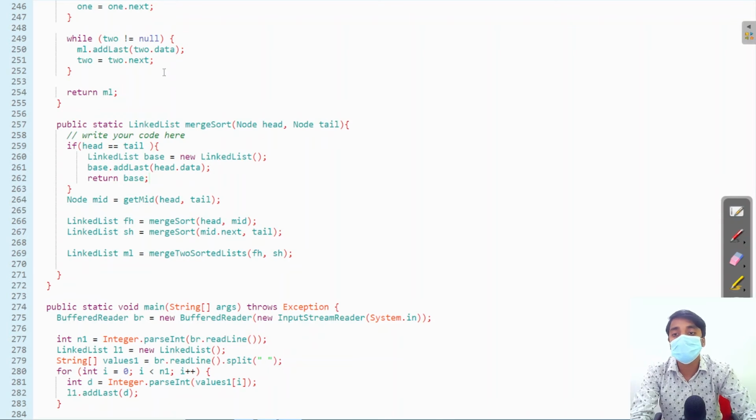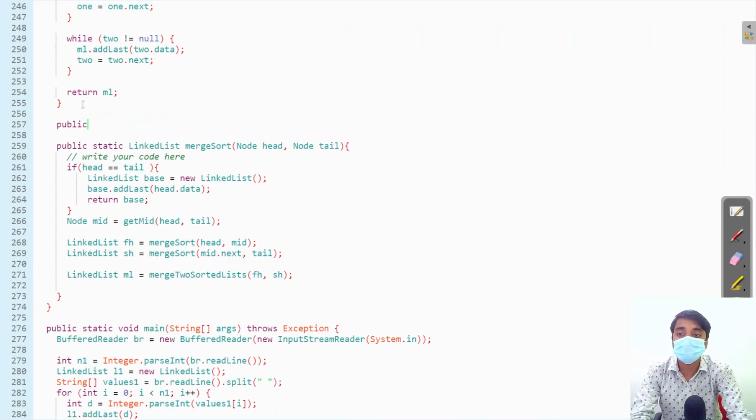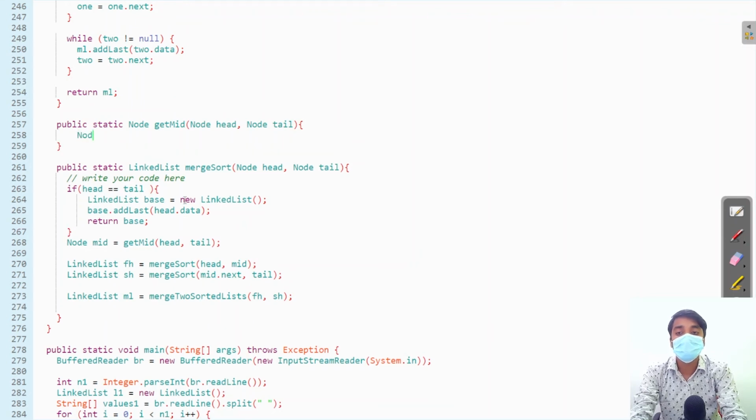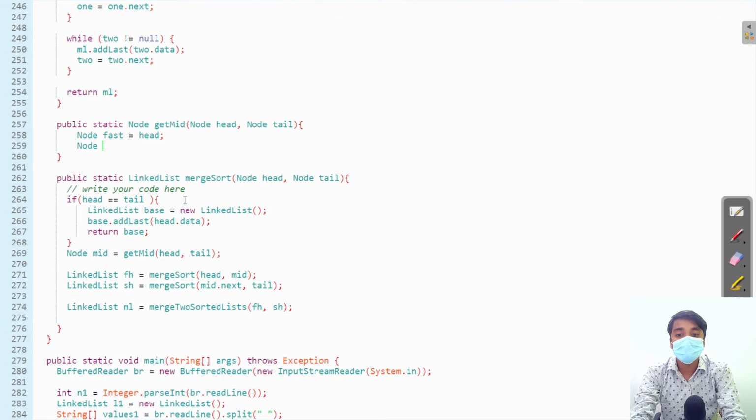Now let's make the get mid function. Get mid. Here we need two arguments. One is head, another one is tail. Now we will use fast and slow. Fast will point to head, slow node will also point to head.